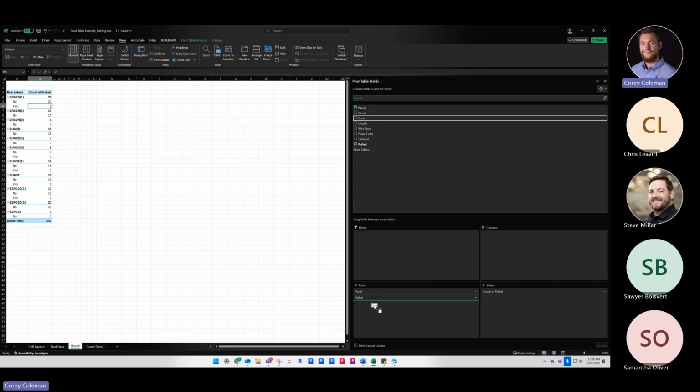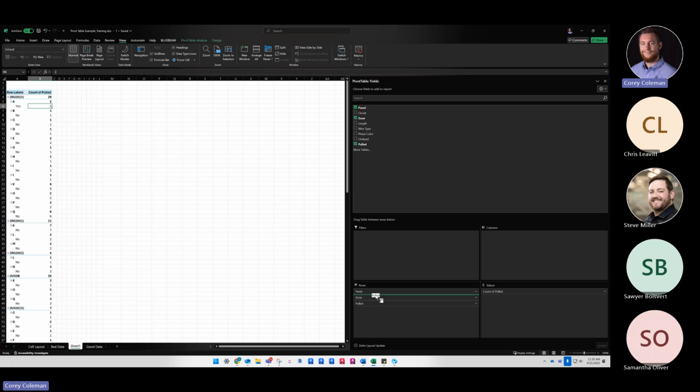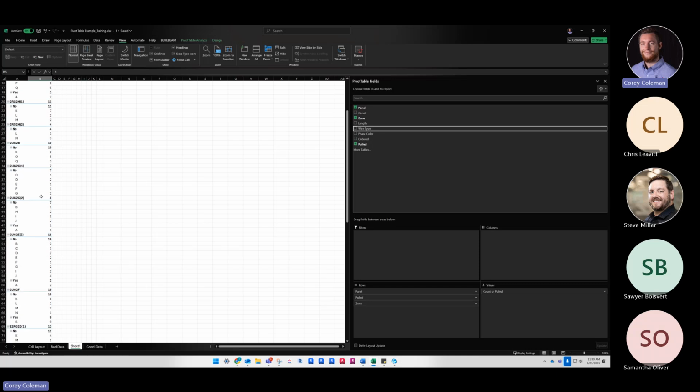So let's just say I wanted to put zones in here. So all my pulls have been separated into different zones and whether or not they've been pulled. I can also change whether or not I want pulled ahead of the zones. So I can start to drag in different types of data